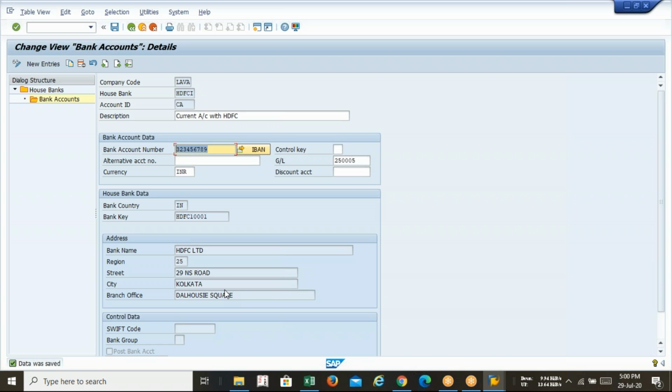In the Friday class, we'll start with manual payment: full payment, part payment, with discount, without discount. All the configuration we will do in the Friday class. So in Friday's class, we'll be discussing the FI part. After a long time, we'll be back in the FI discussion. Till now, whatever we have discussed, plant, storage location, service master, material master, these are hardcore MM configuration. But it is required. If you become a FICO consultant, you must know MM also. So I think that part is clear to all of us.